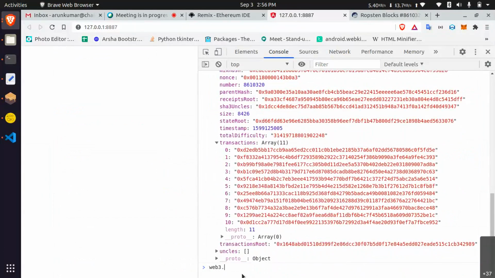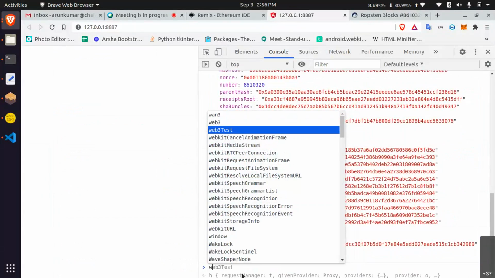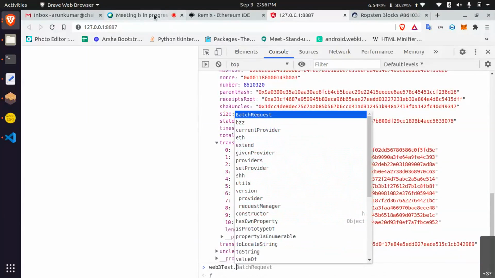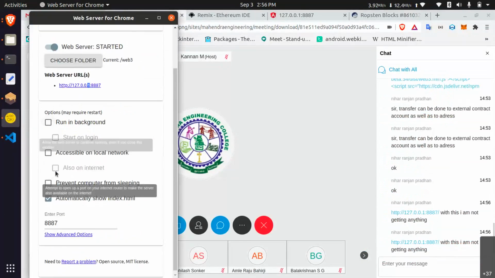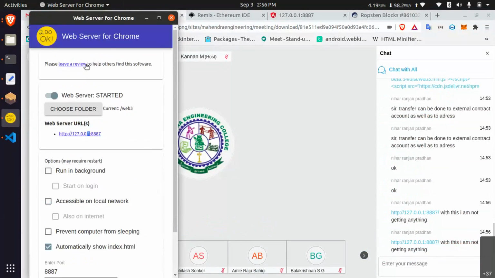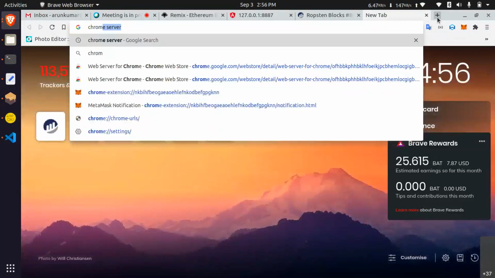web3Test dot, sorry. With this, I am not getting anything. You have to start that Chrome server. I already explained this. Web Server for Chrome is an add-on. You have to add it into your browser.